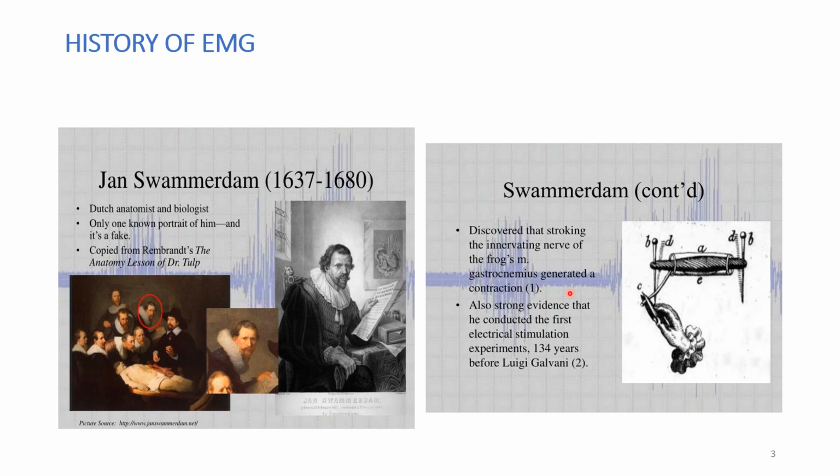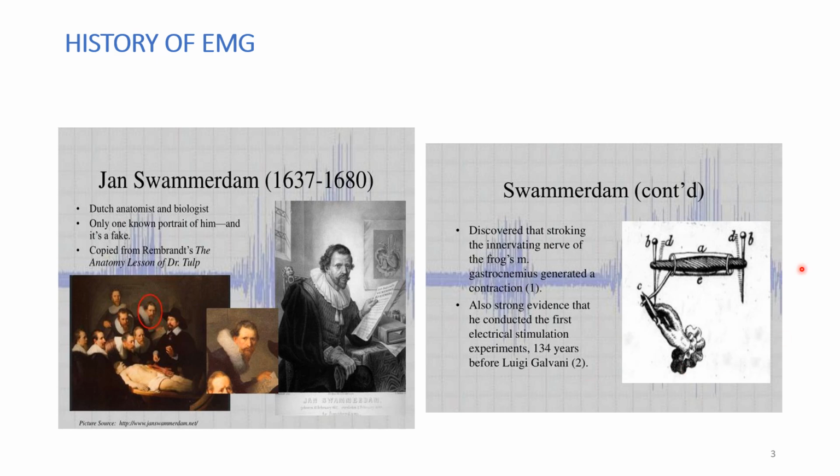So he stimulated a nerve supplying the gastrocnemius muscle of the frog, and he saw a contraction in the muscle. This is strong evidence that he conducted the first electrical stimulation experiments. It was 134 years before the